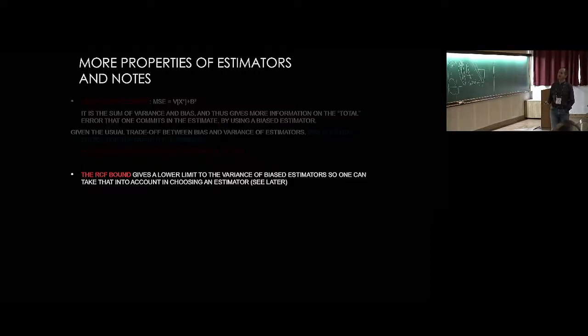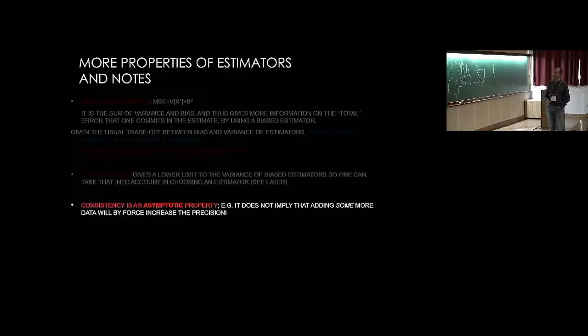And then you have the Rao-Cramer-Frechet bound, which I have another slide for, and we'll get to that once we define the likelihood. But you have several ways, in fact, by sampling and others, that can tell you what the variance of estimators is. So you can choose an estimator based on how much bias they bring in and what kind of variance they promise to give.